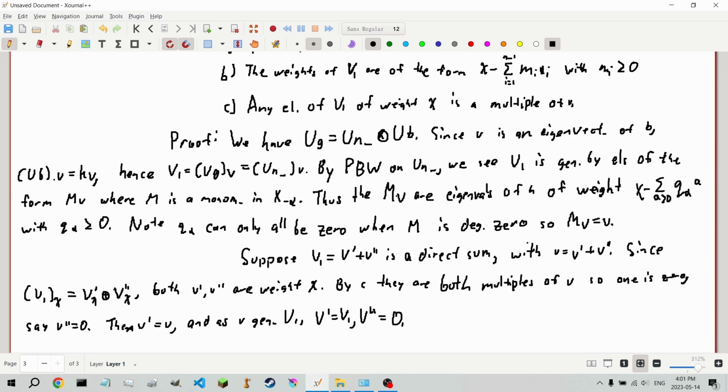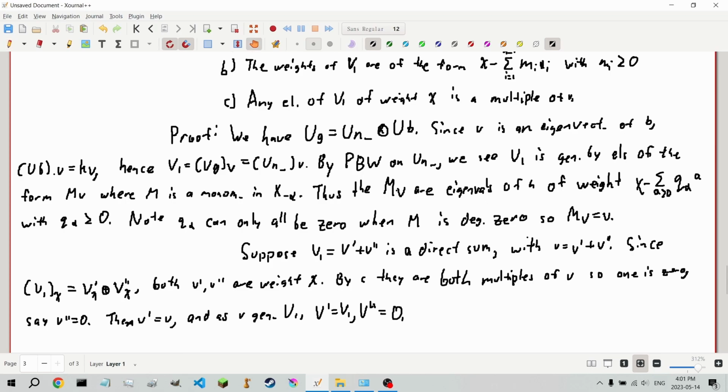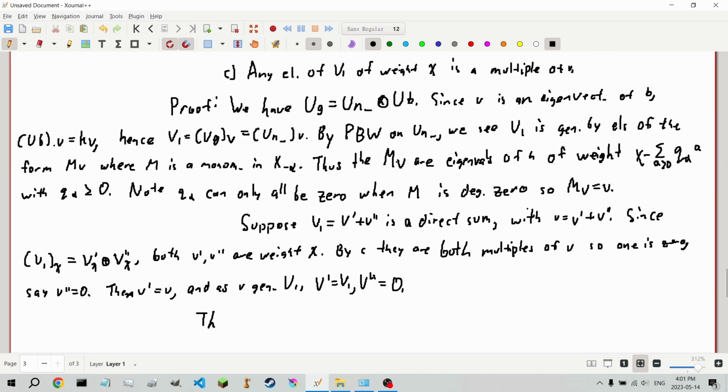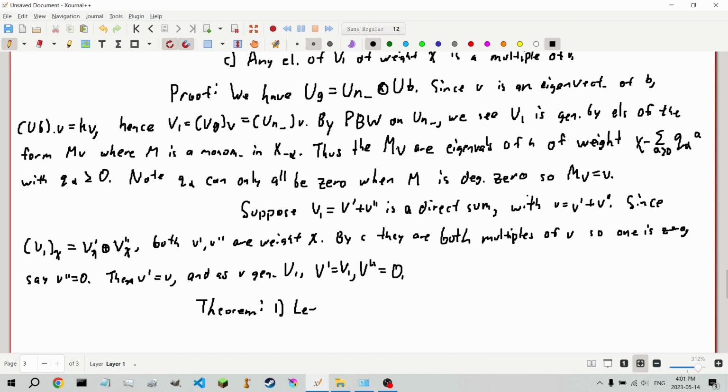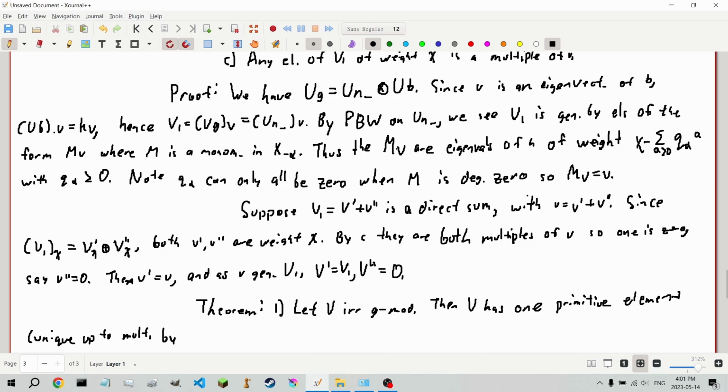Alright, we have one last theorem and then a remark. This theorem, once again, comes in two parts. First off, let V be an irreducible G module. Then V has only one primitive element, unique up to multiplication by non-zero elements of K,